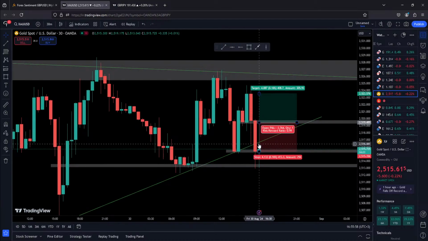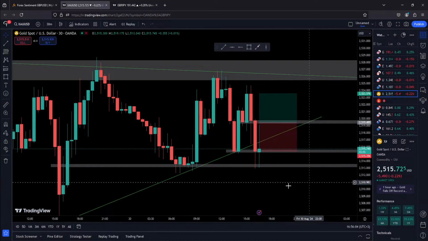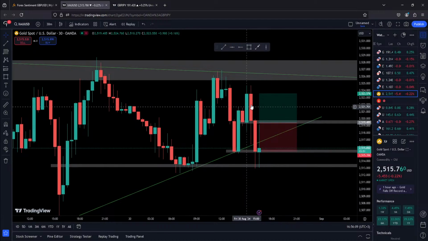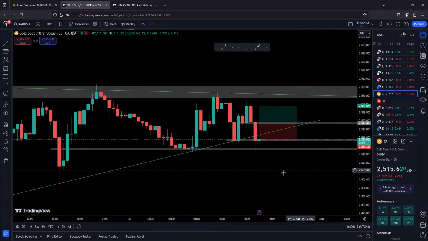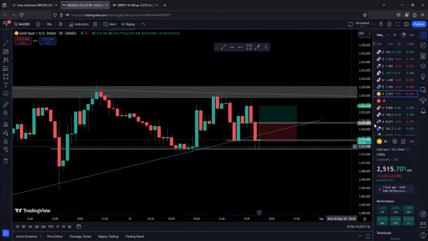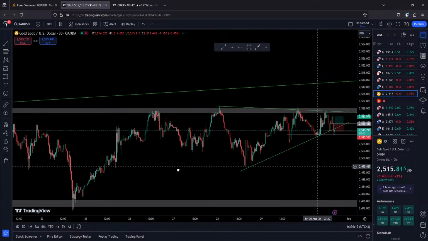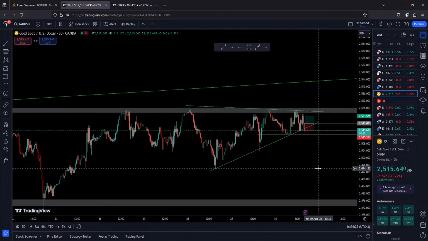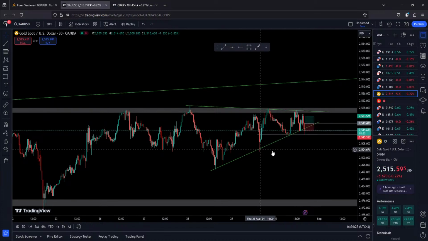If this candle closes like this and the next candle wakes up and breaks the low, then obviously I'm gonna take sells, because at that point of time I will be believing that the market's gonna move down from here. And in case the market is actually moving down, then we need to change our bias as well. So how are we gonna change our bias? First, we are gonna wait for 3 more minutes for this candle to close, and after that I'm gonna draw some trend lines again,